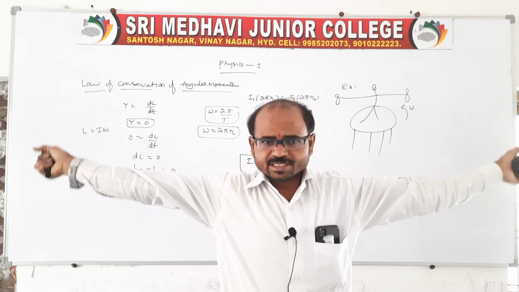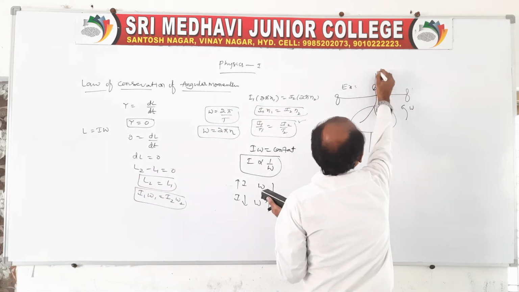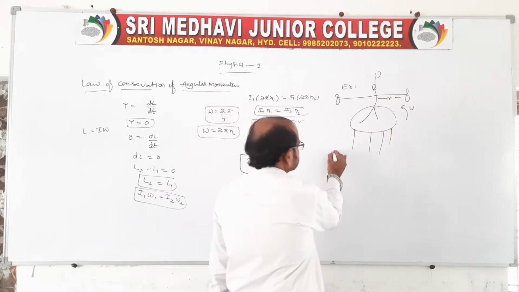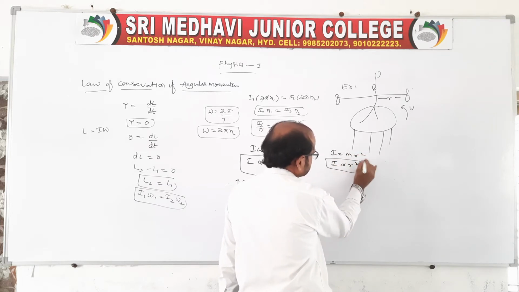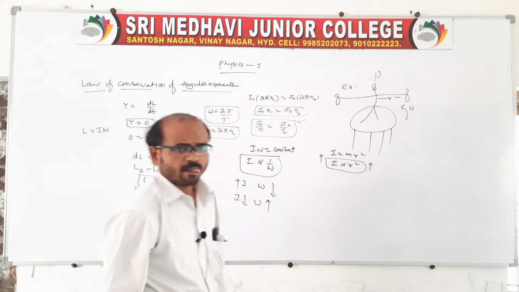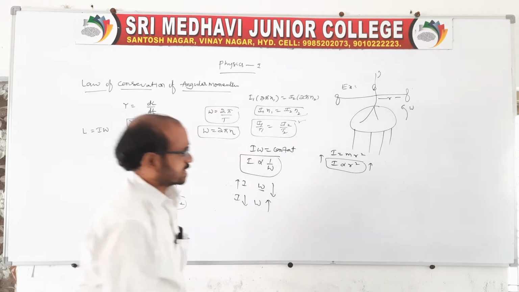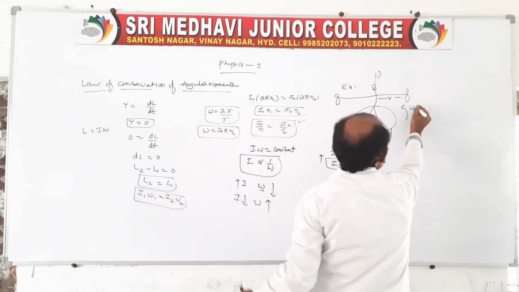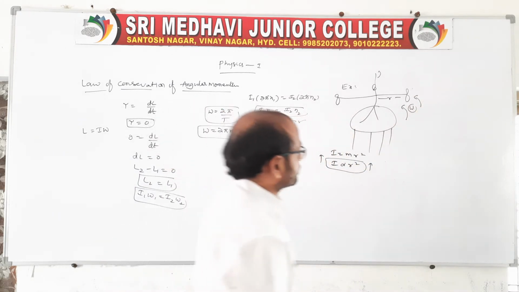When he stretches his hands like this, look, from the center, which is the axis of rotation, there is a perpendicular distance. We know I is equal to mr square, that is, I is directly proportional to r square. If r increases, the moment of inertia increases. When the moment of inertia increases, the angular velocity decreases. Therefore when he stretches the hands like this, the table rotates with lesser speed. This is the one comparison.